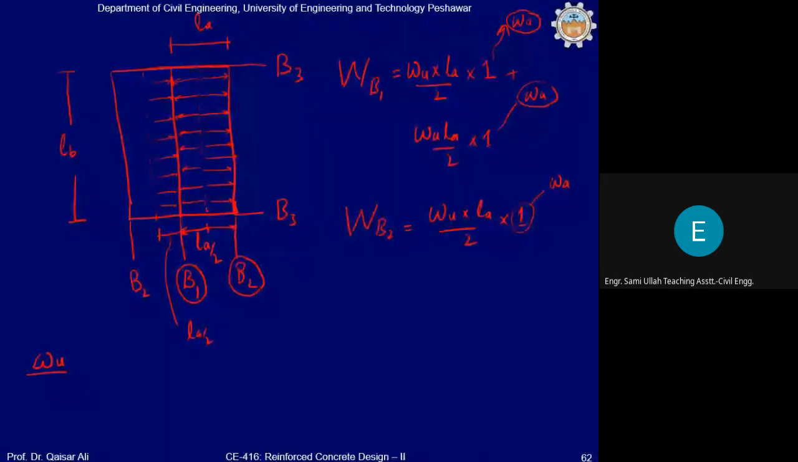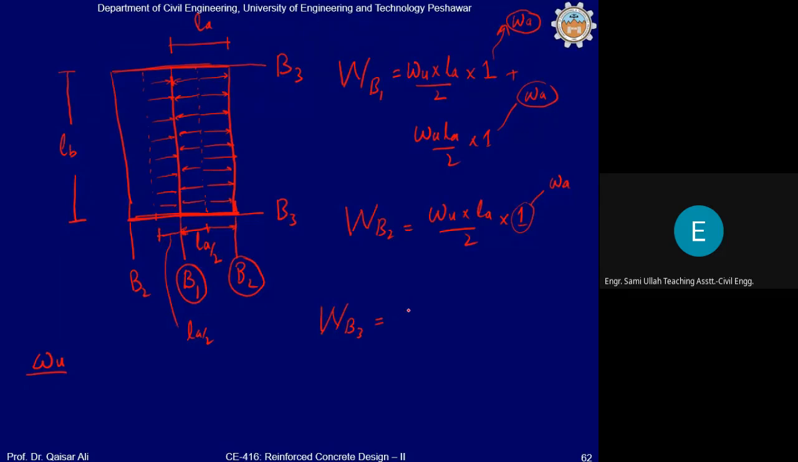Now, what about the load acting on B3, this beam? Can anyone tell? Load acting on B3. Sir, we will take LB by 2 here. Anyone else? Load acting on beam B3. It is a one-way slab system, okay? So sir, it will be 0. It will be 0. So, if we write it